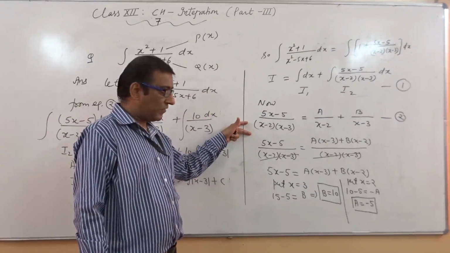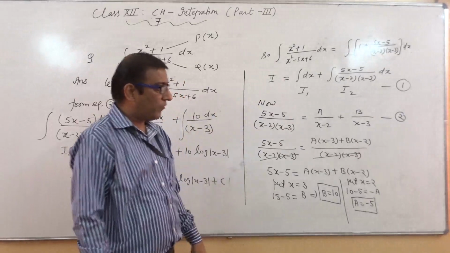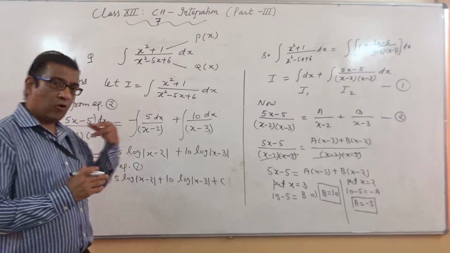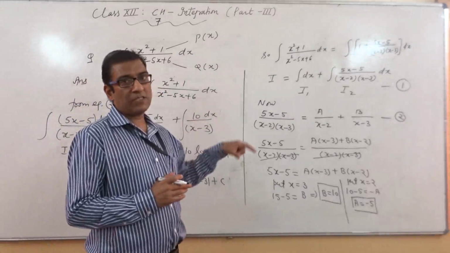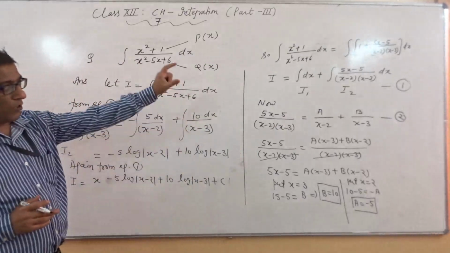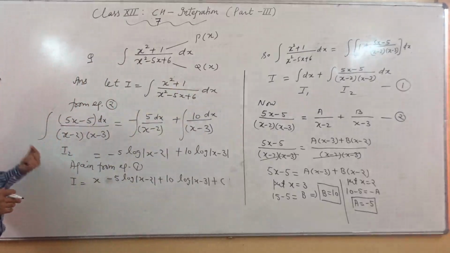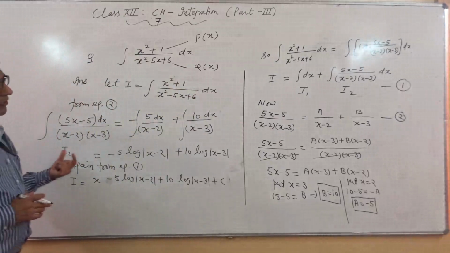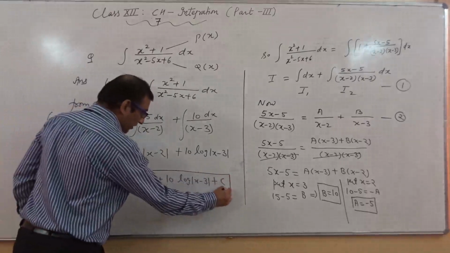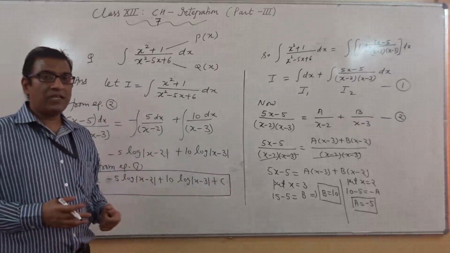How can we write the partial fraction? As you see in equation number second, it can be written as A/(x − 2) + B/(x − 3). It means in this question I am continuing with both the cases, the long division process as well as partial fraction. After calculating the values of A and B, again we will put them in equation number second, and then we will continue with the integration. We will get I2, put the value of I2 in equation number first, and we will easily get the value of I. So this is the question which is related with the long division process as well as partial fraction.